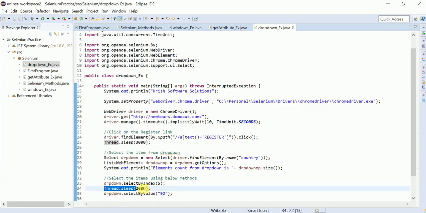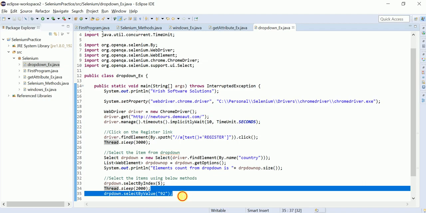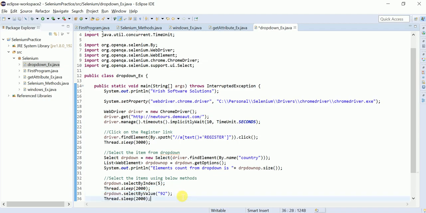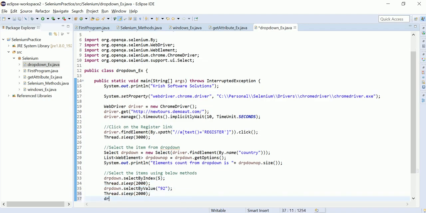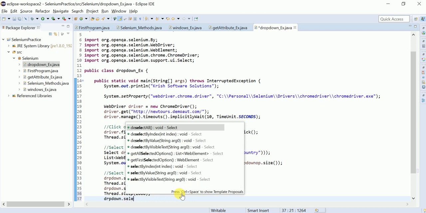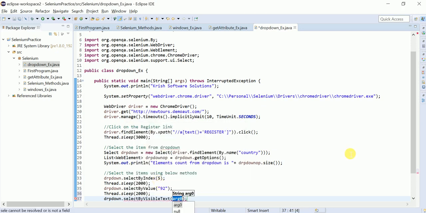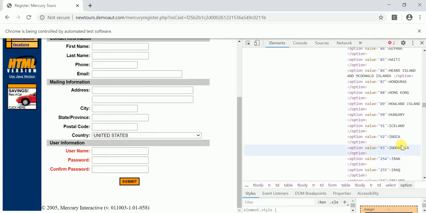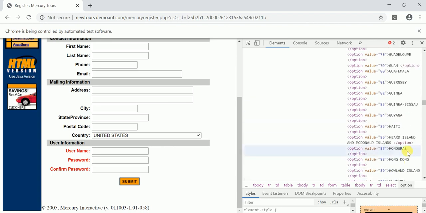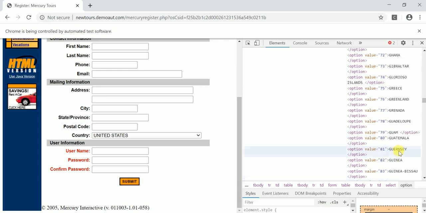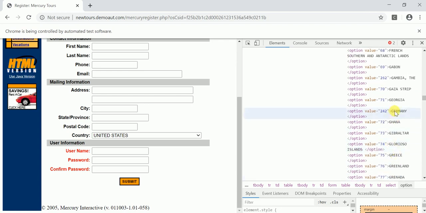Similarly, the next third method I am going to use is selectByVisibleText. Select by visible text means this text, whatever text is there. Say I want to select Germany, for example.